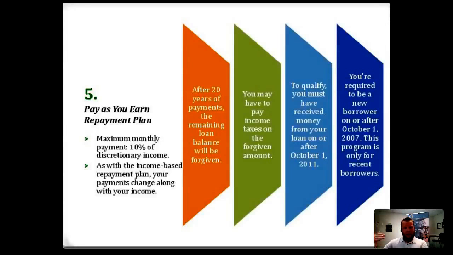So in the example that I had before, if you're in the IBR plan, that's 15%, right? So if, based on your information, let's say $1,000 is what's factored as discretionary income as a whole, the payment would be 150. Well, in this case, the payment would be 100. That's a significant reduction in monthly payment, okay? Especially for anyone that's looking to utilize any sort of cash flow to stay current on debt obligations or strategically pay off or pay down debts. A lot of times, that extra $50 can go a long way, okay?